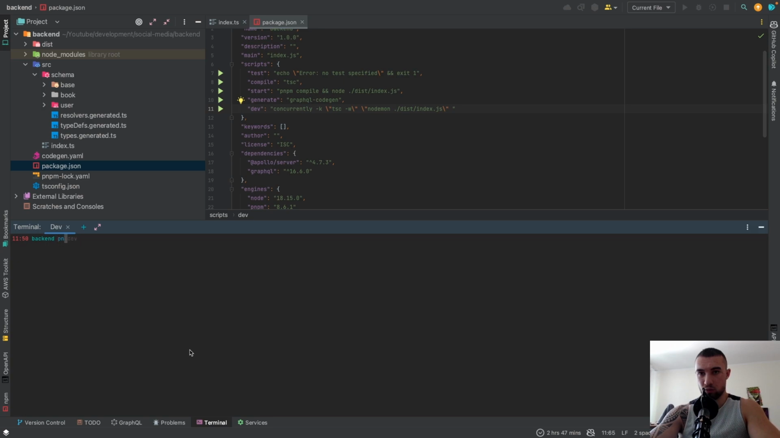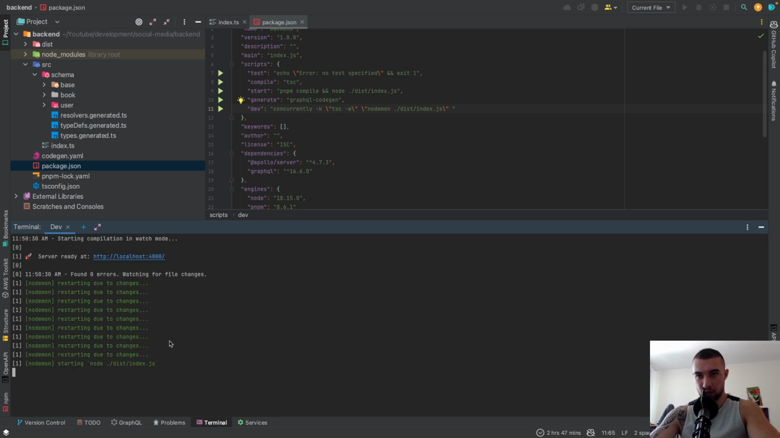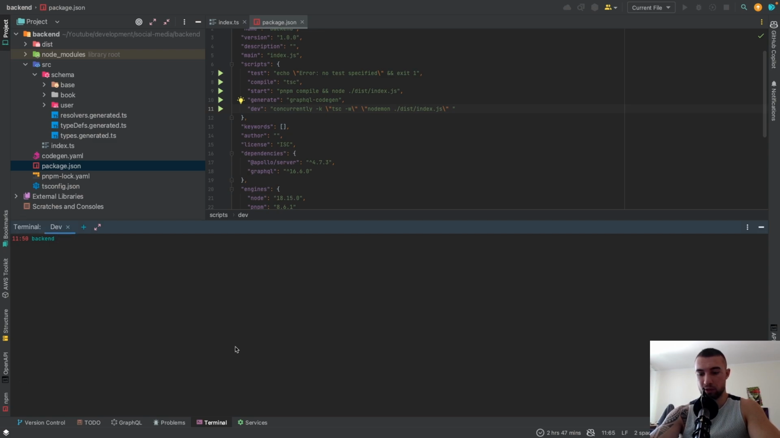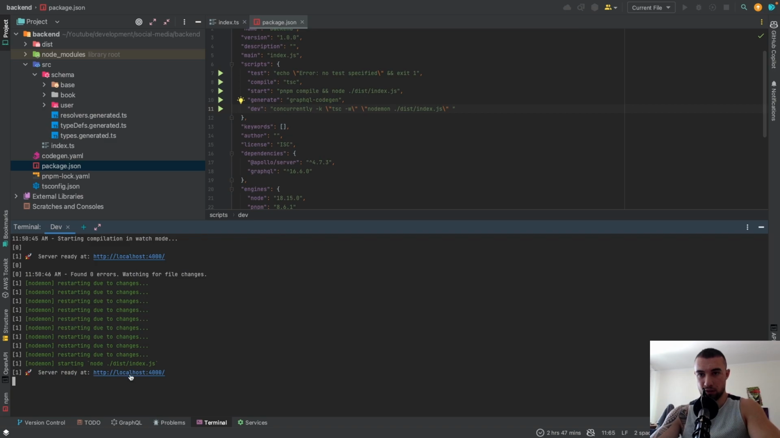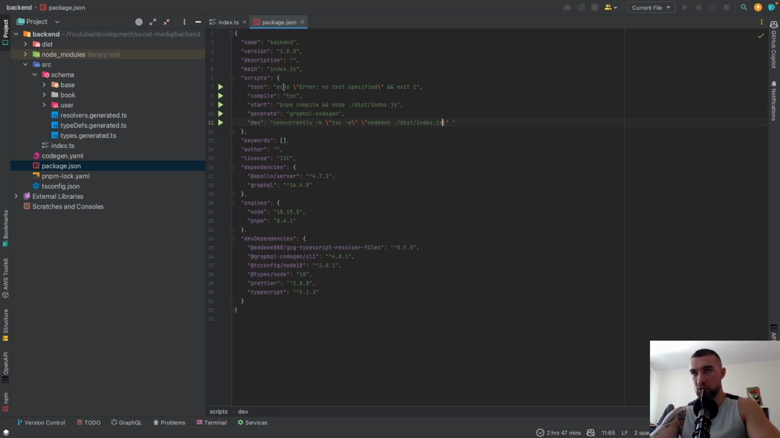All right, let's run the command and see if it works. And as you can see, the TypeScript was generated. All right, let's see if it works, and let's run it. As you can see, it works. And whenever we change,